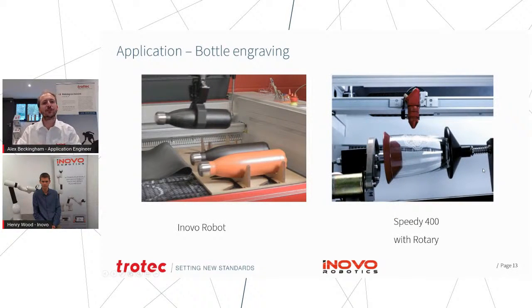So we're coming up to the final application, and this is really just to demonstrate that when you're considering implementing something like robotics, it can also be worth looking at the process as well. So on the right hand side, you can see that typically you might be using one of our machines with a rotary. This will return the object, allowing you to engrave onto it. But in order to really make best use of the robot, what we found was that we were using a jig instead, and we were loading multiple bottles into the machine